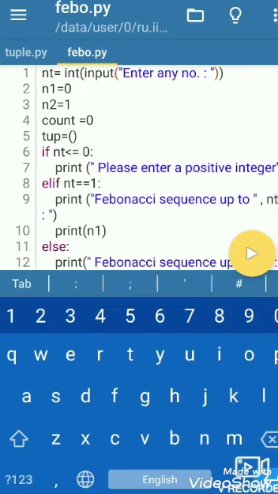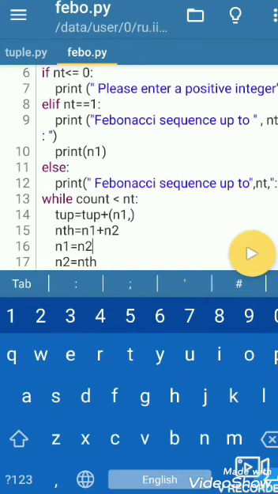If the number of terms inputted by the user is negative, the program tells them to enter a positive number. If it is equal to 1, print 1 as a result, and if it is greater than 1, go up to nt, the number of terms. After this condition we print the statement at the top of our program.